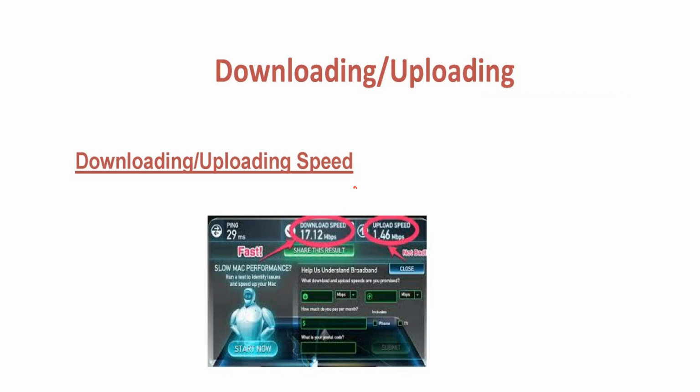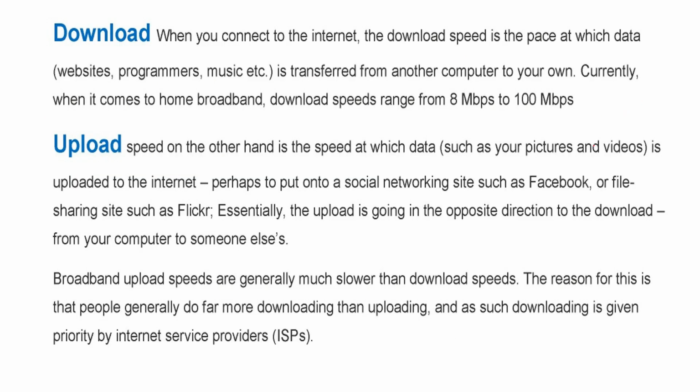Here you see this is a download speed in Mbps, and this is an upload speed in Mbps. So download, if this is your system, and this is the internet or some other machine, by any protocol you are transferring the content into your machine, so that is your downloading. Uploading means you are doing the reverse action, that is, you are transferring the content on your system to any remote server, any file server, or through the internet to any other part.